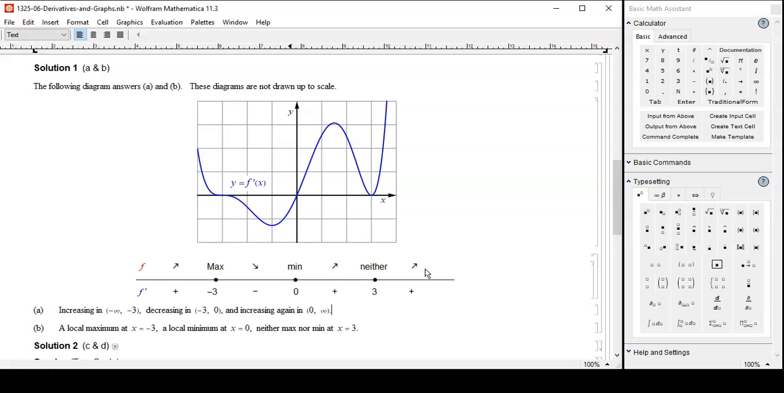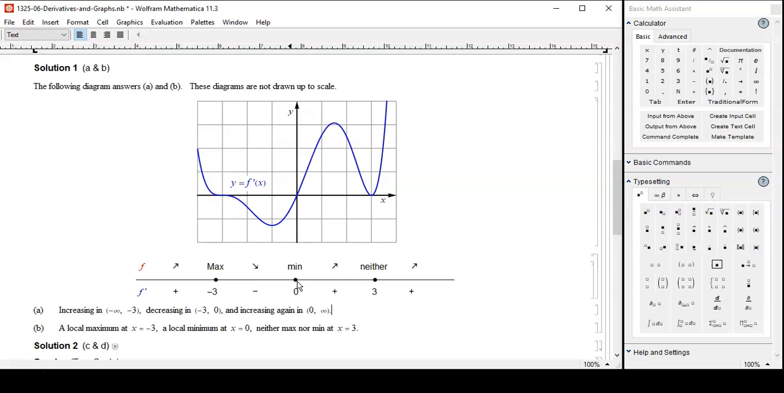And as for the nature of the critical point, we have increasing to decreasing. That transition takes place at a local maximum. Decreasing to increasing, so that transition takes place at a local minimum. And finally, increasing, pause, and keeps on increasing. That's neither maximum nor minimum. Make sense? And then you can answer the intervals as, let's see, increasing from -infinity to -3, decreasing from -3